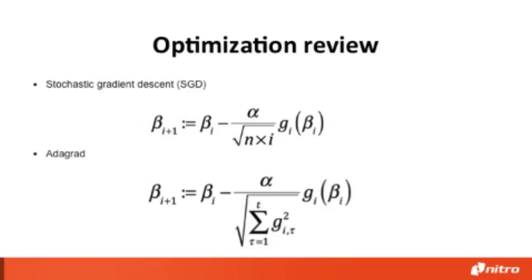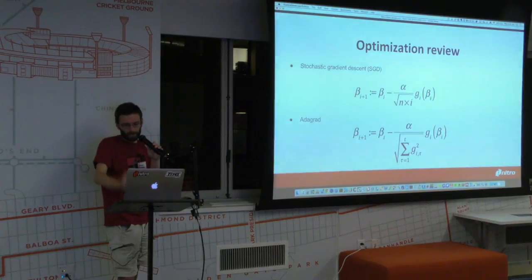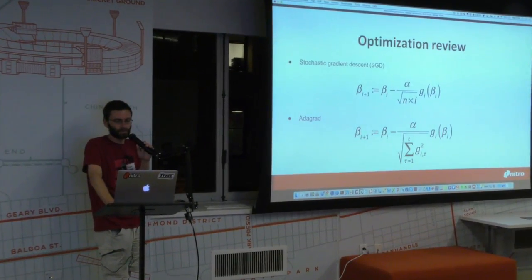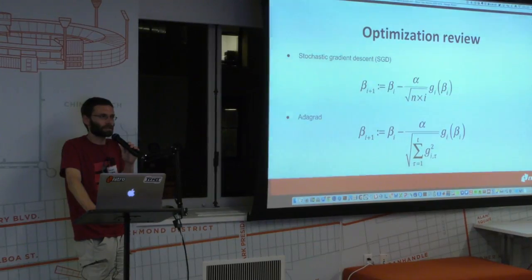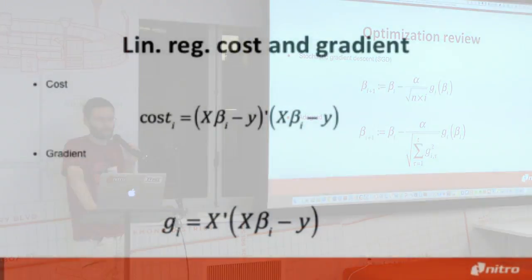In the case of Adagrad, instead of annealing by the number of iterations and the number of examples per mini batch, we're doing that based on the norm of the gradient history for each dimension. So the bigger the gradients in a particular dimension, the less you learn in the future. It's kind of like the authors of Adagrad essentially summarize that as TF-IDF, but for optimization.